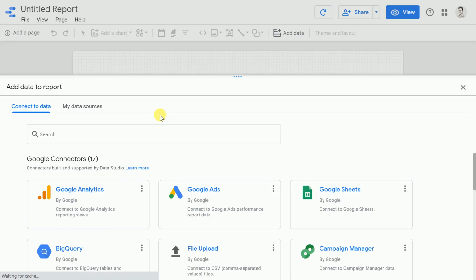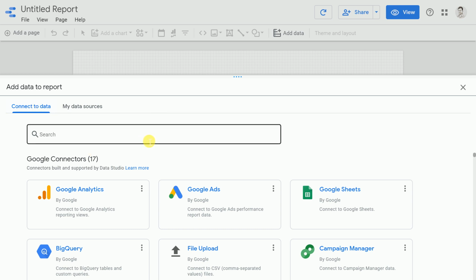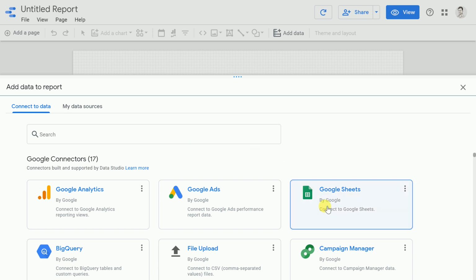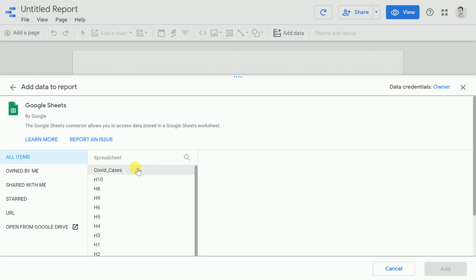As you can clearly see, it's opened a new report called an untitled report. The first thing that we'll do is we'll try to establish a connection between Google Data Studio dashboard and my data sources. So if you remember, I had all my data in form of a Google Sheet. So let me import that into Google Data Studio. The way I will do that is I'll click on Google Sheets. Next, I'll click on COVID cases, as that is the Google Sheet that contains the data. So let me click on this.